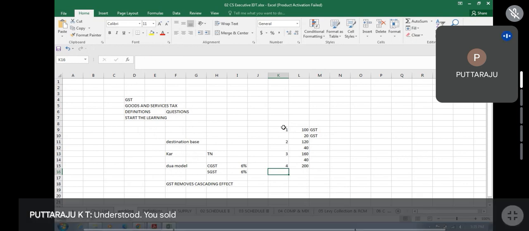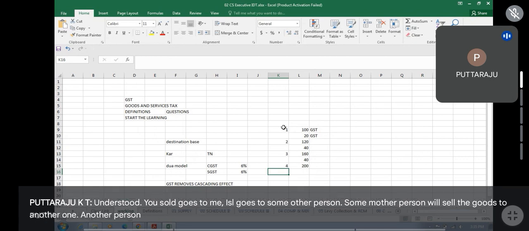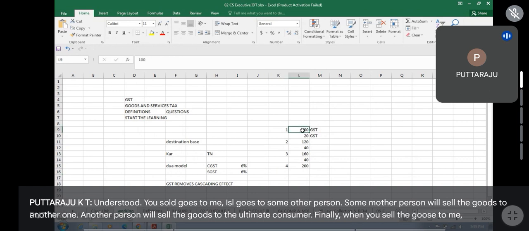He sells goods to me. I sell goes to some other person. Some other person will sell the goods to another one. Another person will sell the goods to the ultimate consumer. Finally, when you sell the goods to me, it costs me only